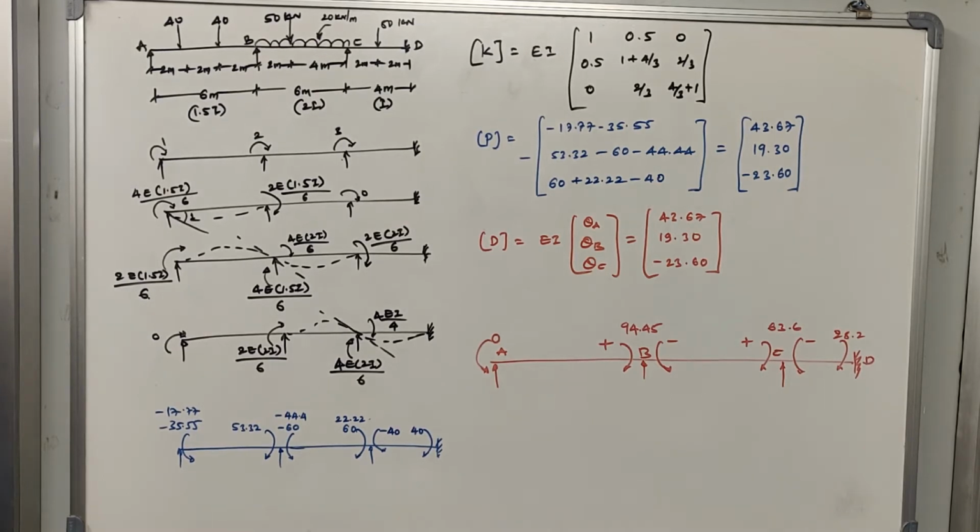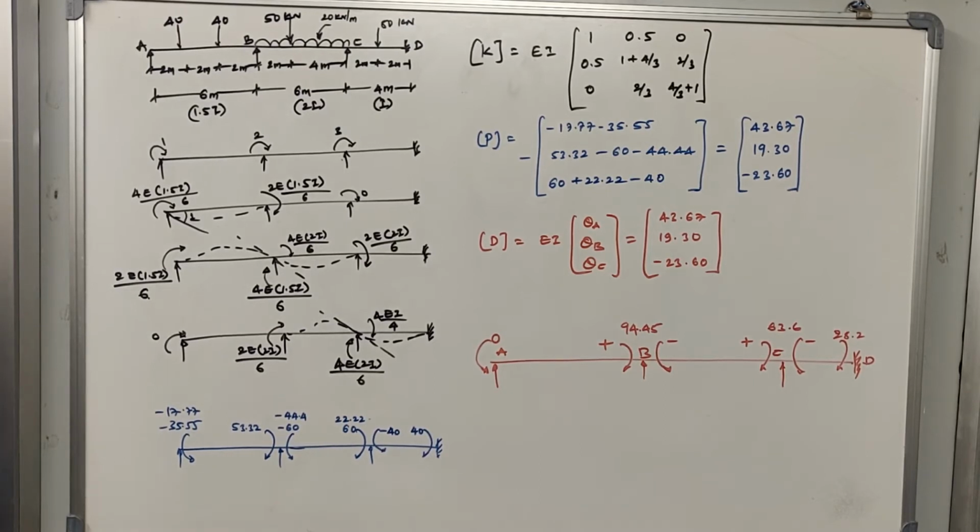So basically you can say that both the 40 kilonewton loads are symmetrically applied on the beam AB. Next, on member BC, a UDL and a point load are applied. The point load is at 2 meter from the left, which is from B, and then there is a UDL of 20 kilonewton per meter. On CD there is a load of 80 kilonewton at the center. You can also look at the section of all the members. Member AB is 1.5 times I, member BC is 2 times I, and CD is I itself.